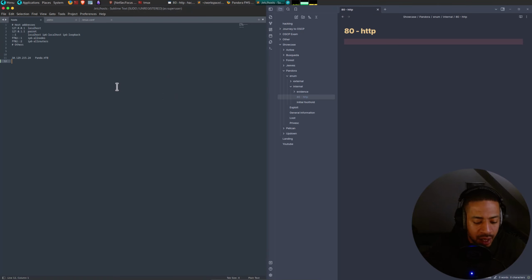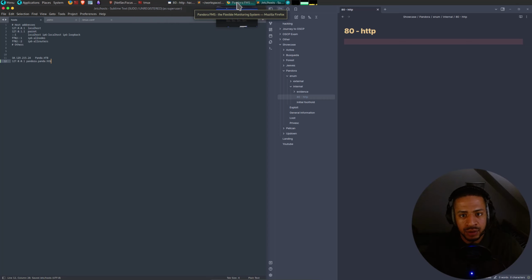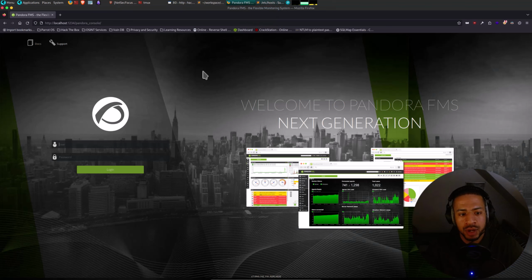What we can do here is say 127.0.0.1 and call that panda, pandora.htb, or the other way around, pandora.panda.htb, and then we just have to specify the port when we scan it.